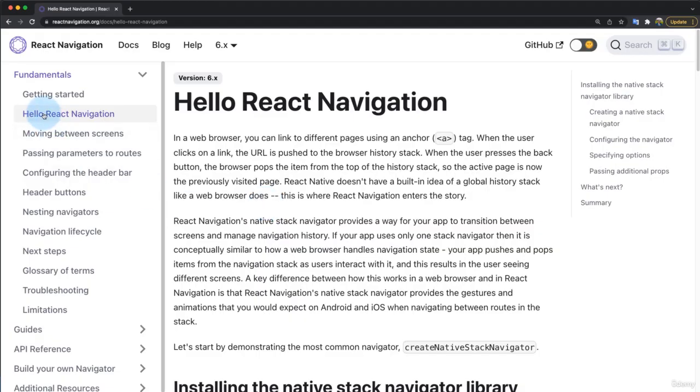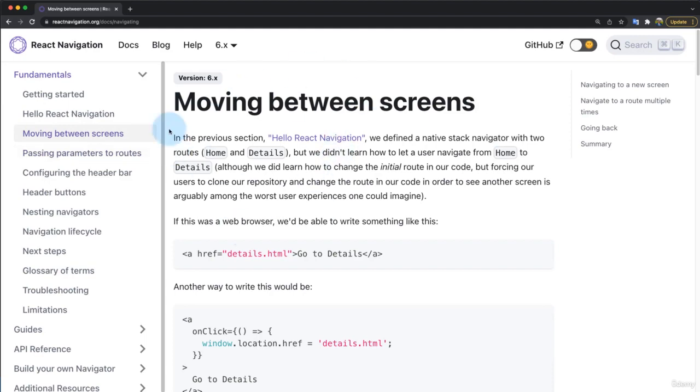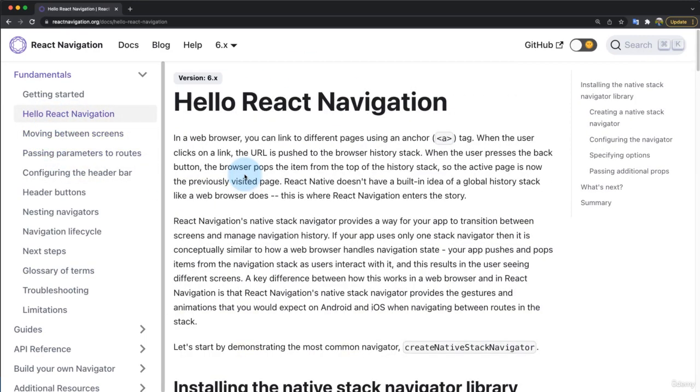So now we are in the second page of the React Native Navigation documentation. As you see, screen switching in HTML, for example, acts like I am switching the screens, like I am visiting another URL. On mobile, the concept is a little different, but we can say it's the same as how we are navigating between links. So we have a link as well, which will be like a button, which will take me to another screen